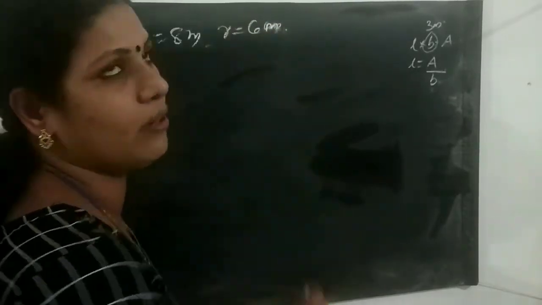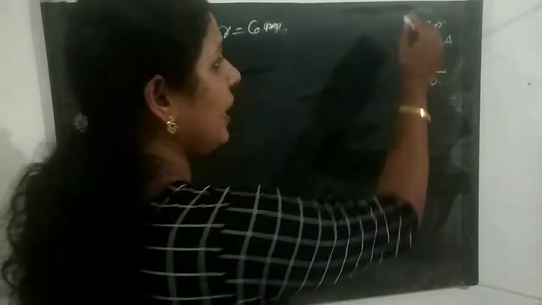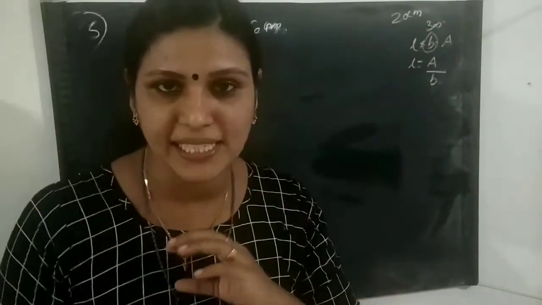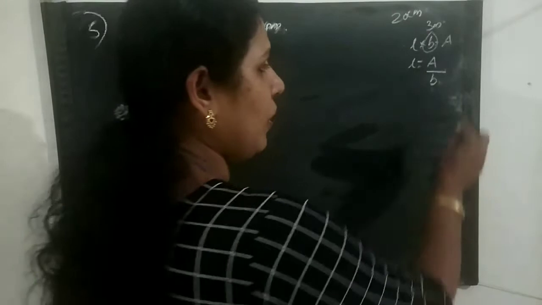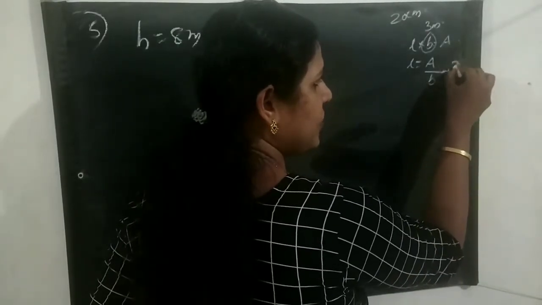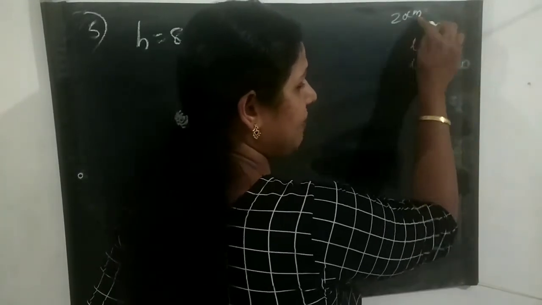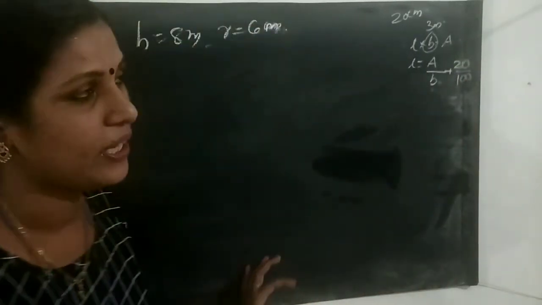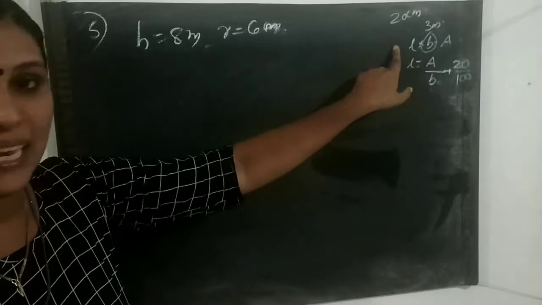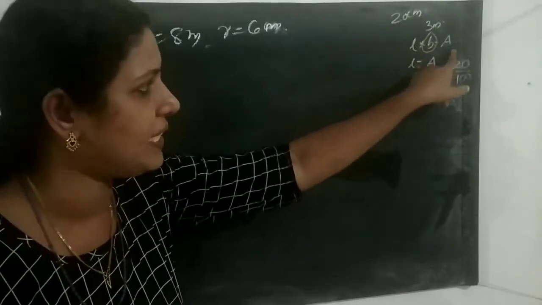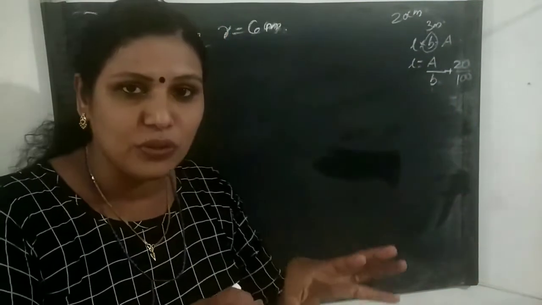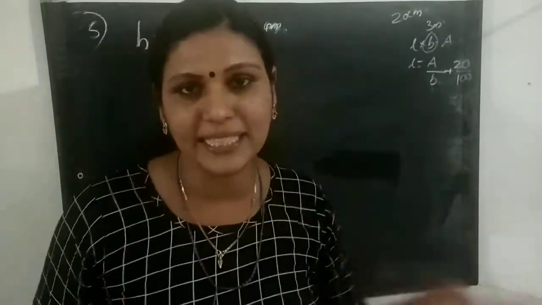This is 2 meter, and here 20 centimeter is wastage. So we add this 20 centimeter. It is in centimeter, so we convert it into meter by dividing by 100. From this we have to find the length. L into B is the area, that is the tarpaulin. From this we have to find the conical tent.